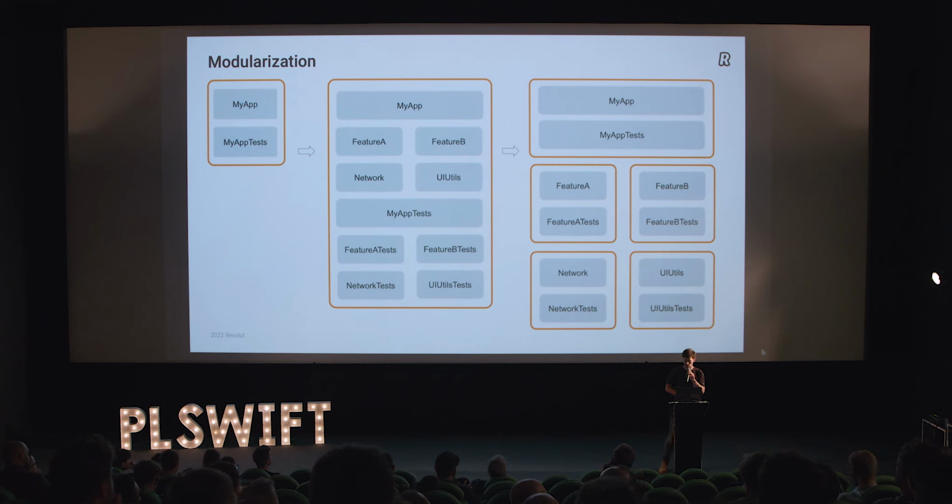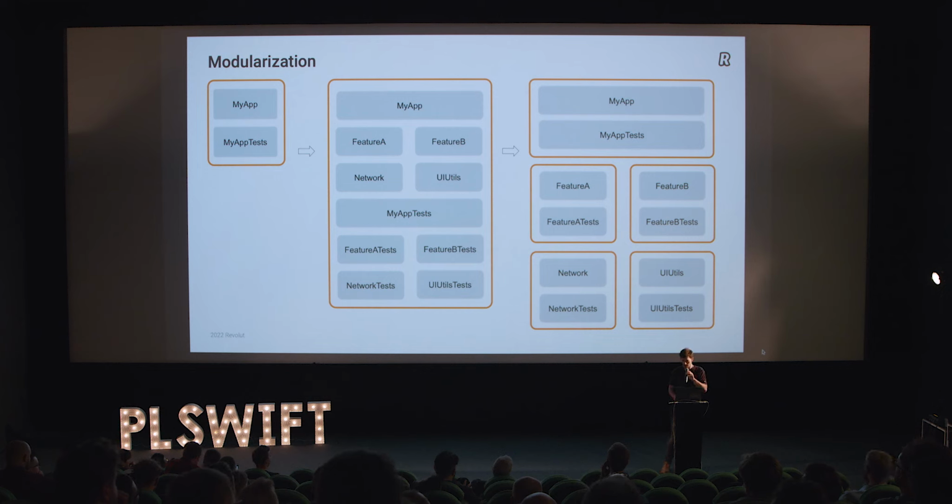So usually teams are forced to do the third level of this, which is what you see on the right, where you chop even more, this time chopping also in Xcode projects. So you have different Xcode projects for the different modules. In this case, for example, if you are building feature A, you don't have to be building feature B or the core modules.